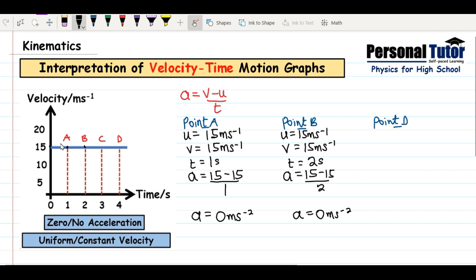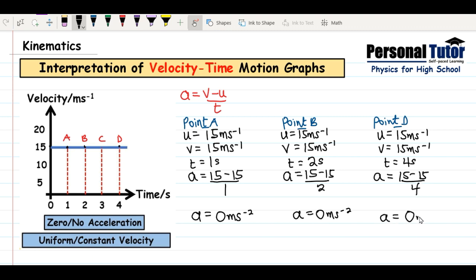At point D, let's still take from the origin. The body starts from here and its initial velocity is 15 meters per second. Travel down all the way to D. When you retrace, the velocity is still 15 meters per second for the final velocity, but the time has changed to 4 seconds. When acceleration is calculated, it will be 15 minus 15 over 4, and that also gives 0